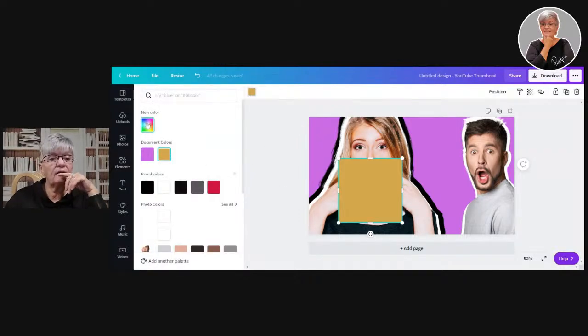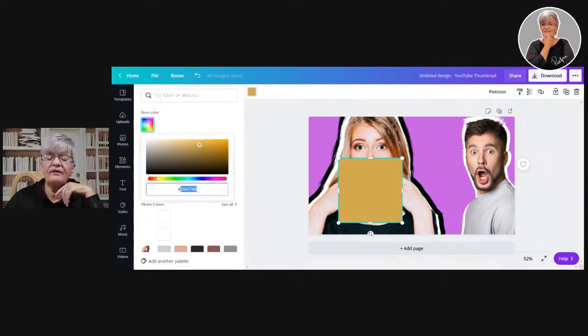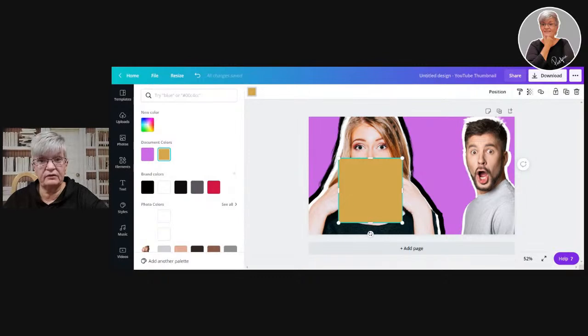If you click on the color and then click here on the color wheel, you have the hex code here. Write that down. If you have found your two or three colors that you want to use in your logos, in your design, whatever it is, write down this hex number. In this case it's hashtag D6A74B. There is always 6 numbers or letters for each color, and write them down so you have them somewhere,